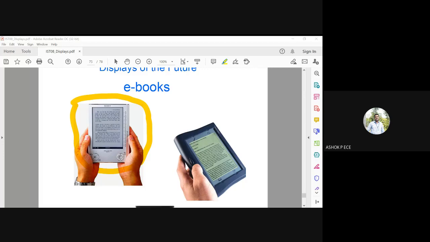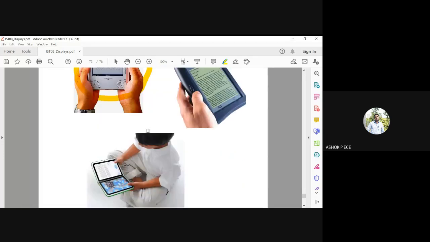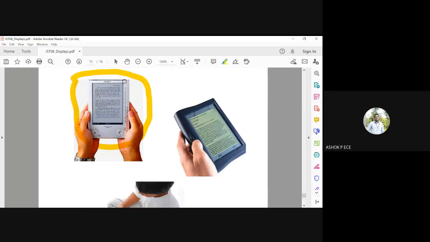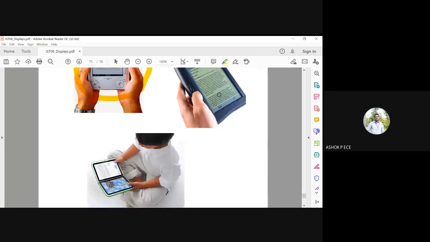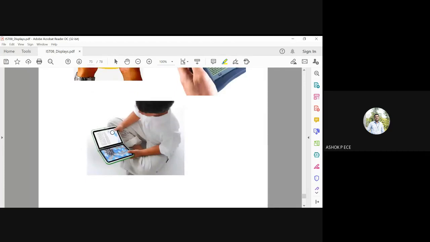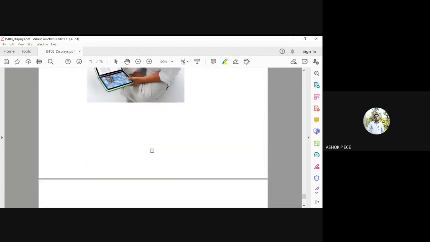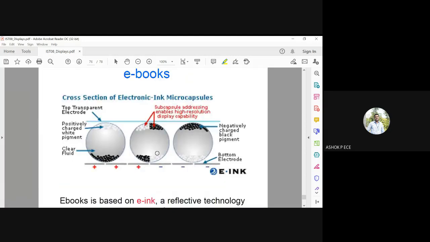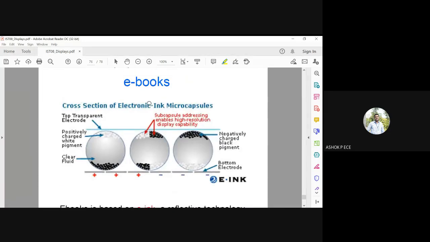Maybe many more advancements can be expected in the future. So you can see how the display is a little bit big. It is a handheld device. It's looking like a normal textbook, but it is actually an e-book with all the touch and feel features. So you have this micro e-reader